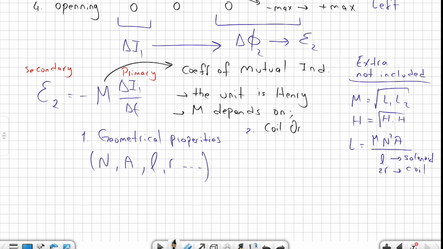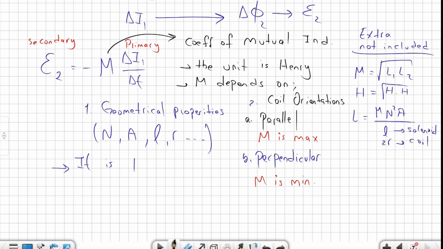The second point that inductance depends on is the coil orientations according to each other. If the coils are parallel with respect to each other, the mutual inductance will be maximum, and if the coils are perpendicular to each other, mutual inductance will be minimum. Remember that mutual induction is the base of a very useful device which is called a transformer, which will be studied in section